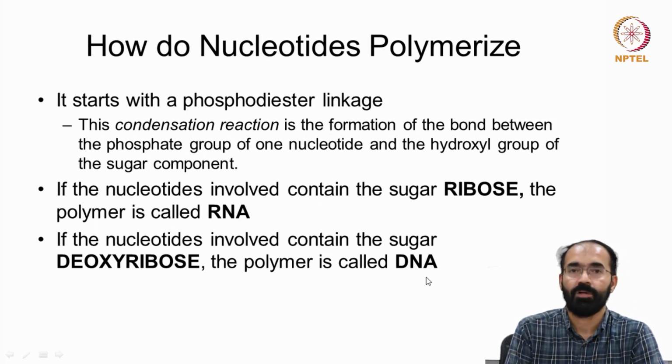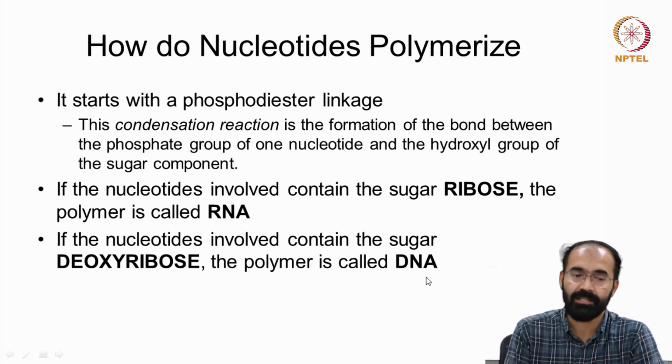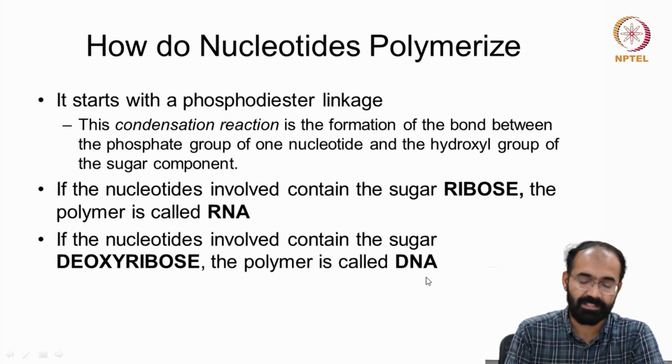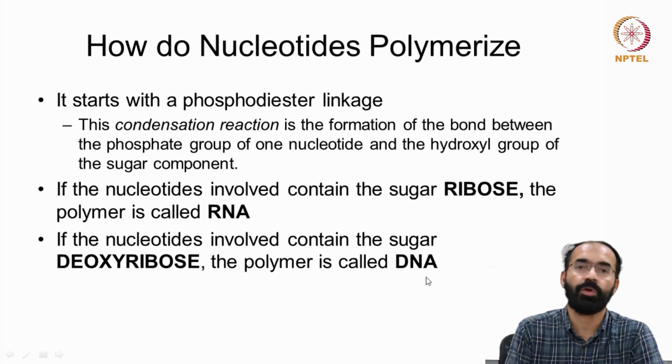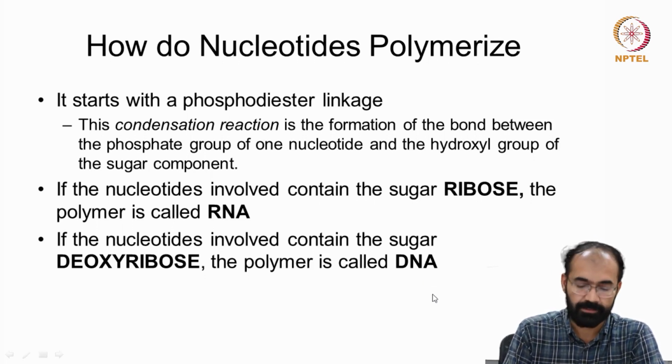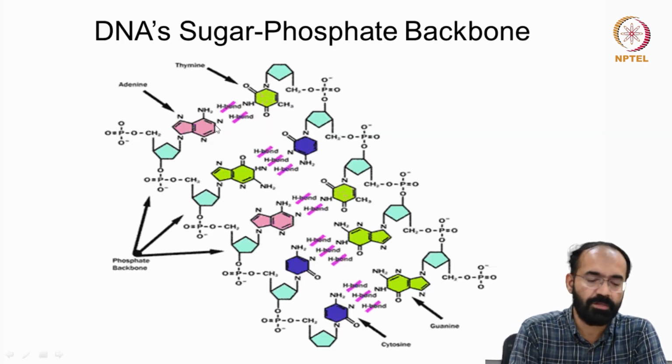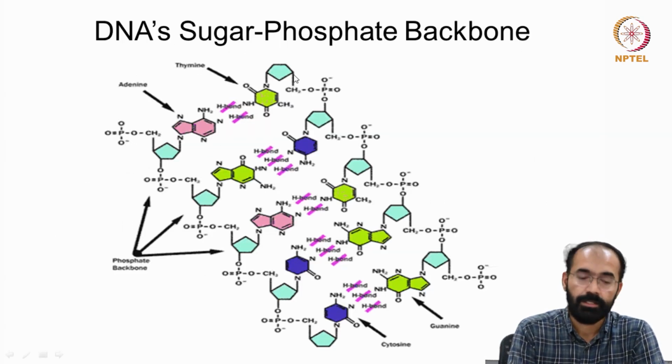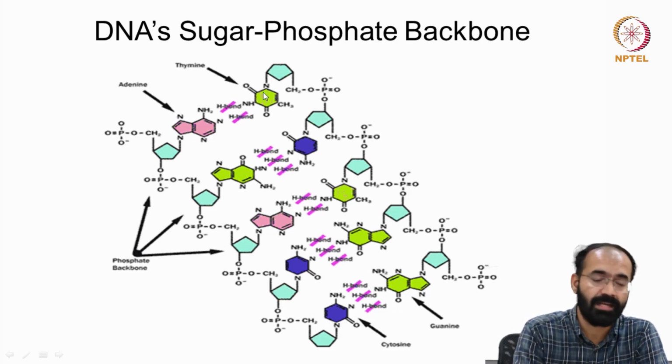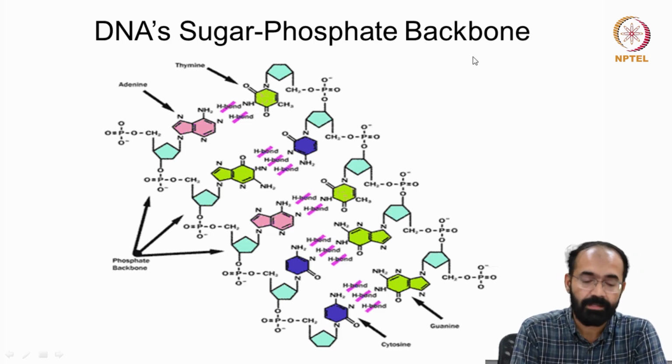Whereas the 3' carbon of both DNA and RNA has got an OH group, which participates in the polymerization reaction. So the 3' and the 5' are important. The 3' and 5' carbon of the pentose sugar or the ribose sugar is very important for the polymerization reaction. So this is what you can see, the DNA or the RNA that has got a typical sugar phosphate backbone, as you can see here,